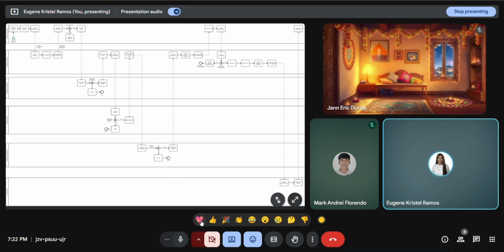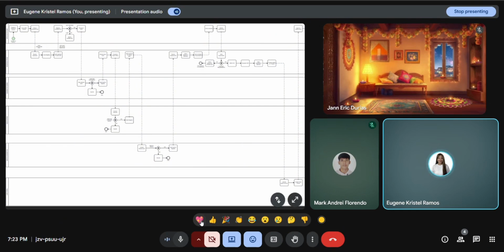Through our proposed to-be process, we introduce key improvements such as automation, centralization, and real-time data sharing between departments. This means that all offices, from the registrar and dean's office to the medical department and MIS, will now work together within one integrated platform. Instead of manually transferring forms or waiting for updates, each office can instantly access students' data, approve requirements digitally, and see real-time progress.